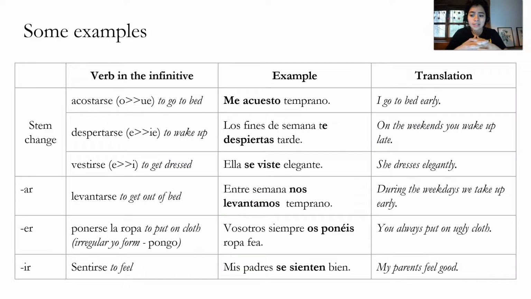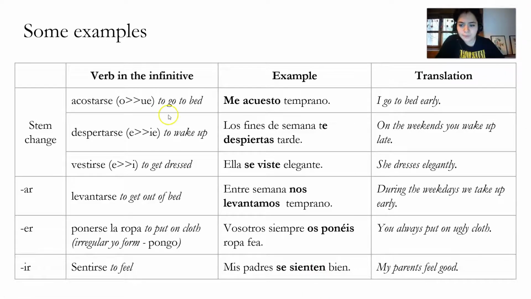Okay, we're going to see more examples. So you have the verbs in the infinitive that are reflexive. Acostarse means to go to bed, despertarse to wake up, vestirse to get dressed, levantarse to get out of bed, ponerse la ropa to put on clothes, and sentirse that means to feel. So here I have an example. You can pause the video to go through these examples